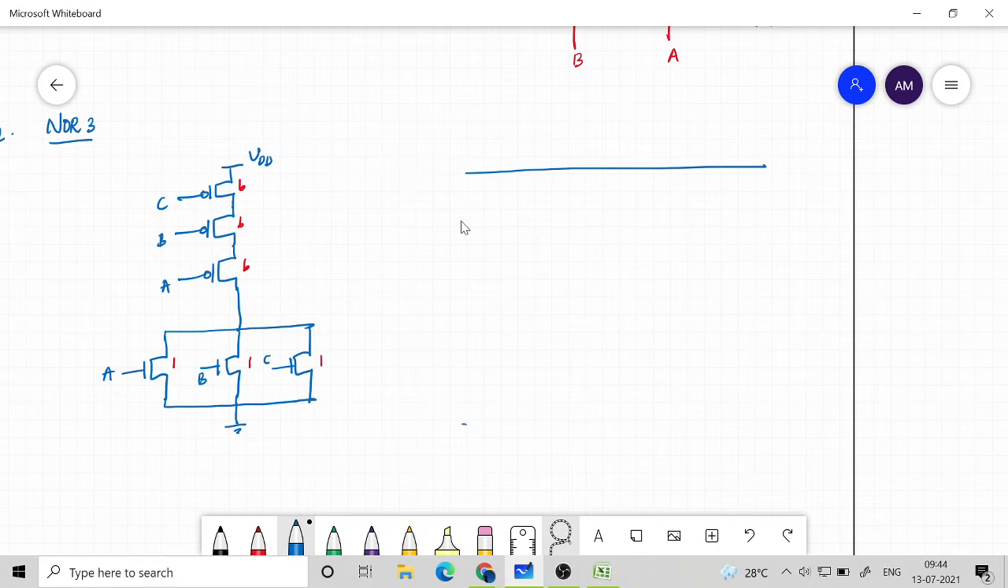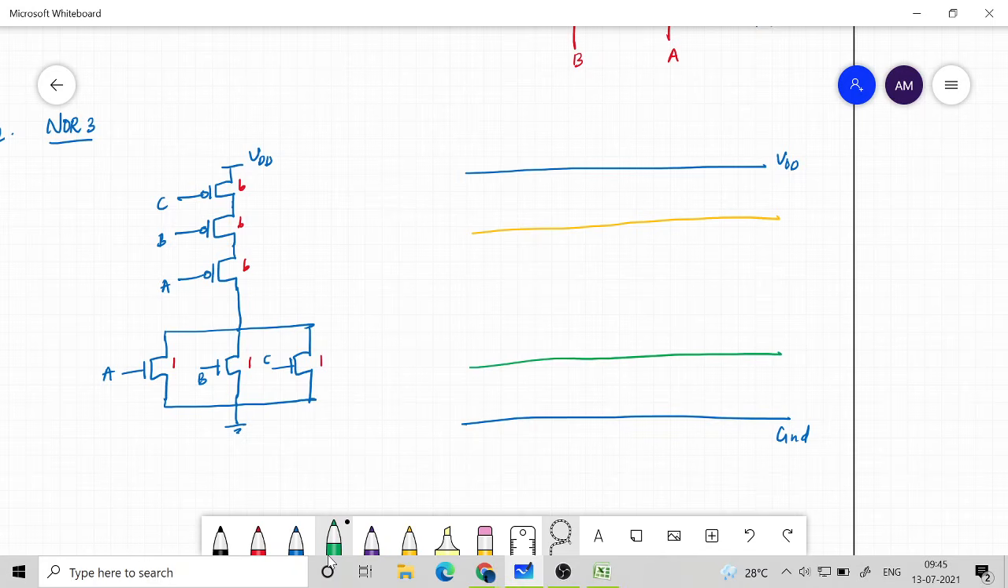This is the power supply rail. One is VDD, the other is ground. Okay, then we draw P diffusion, so that is with the yellow color, and then we draw N diffusion. It is with the green color, and then we have to draw